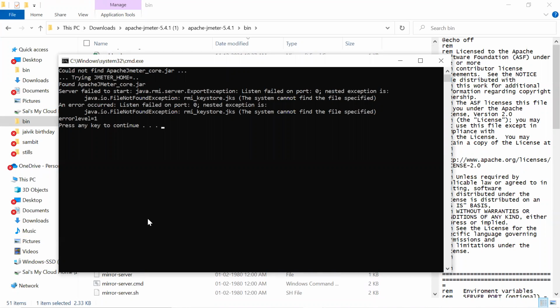Currently we have some exception with my JMeter, so it's not running here. If you get this type of RMI error, it won't work. So let's search for this error.